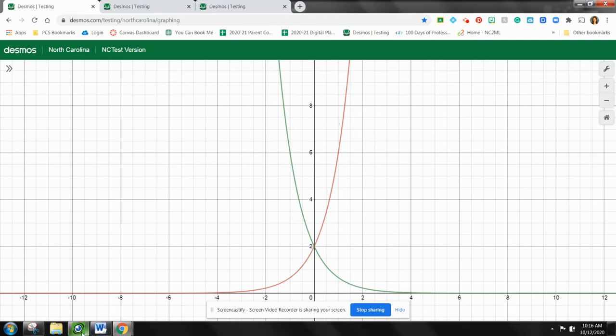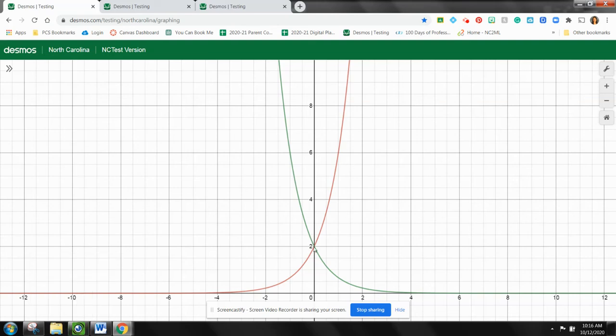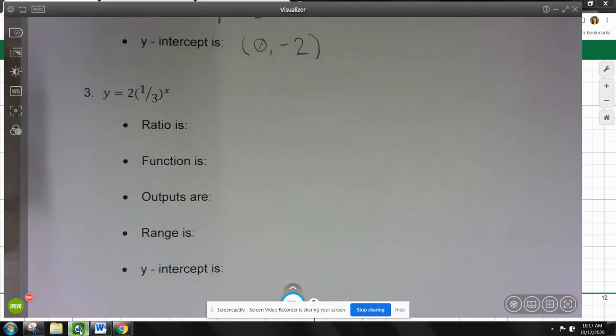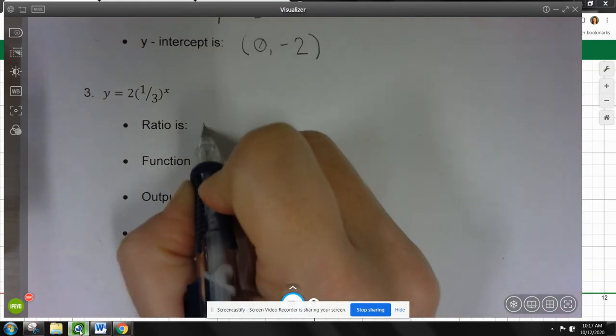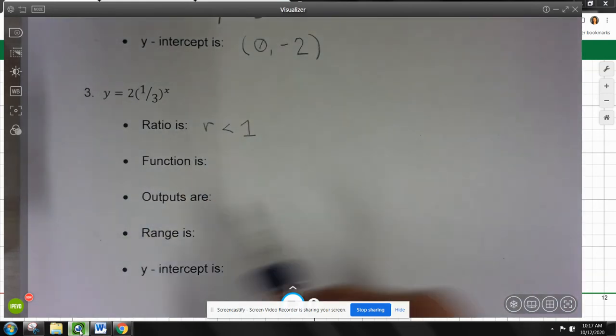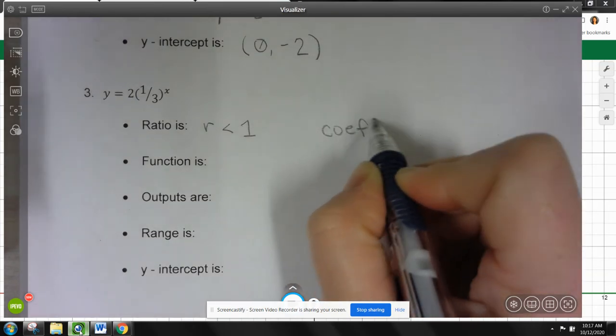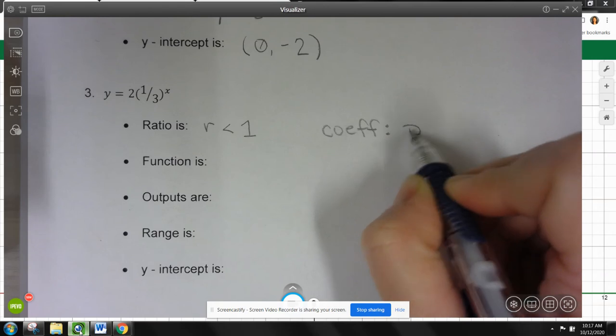So now the range will be the same. The outputs will still be positive. I'm still in quadrants 1 and 2. We have the same y-intercept here of (0, 2), but my ratio is now smaller than 1 because it's 1/3. My coefficient is still positive,